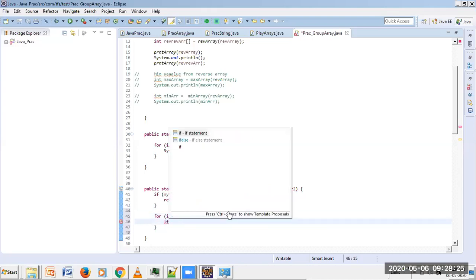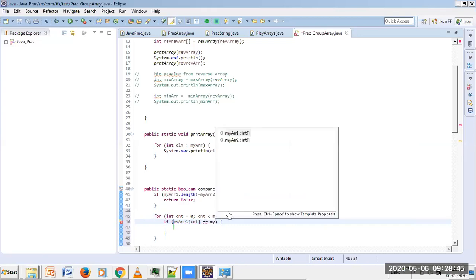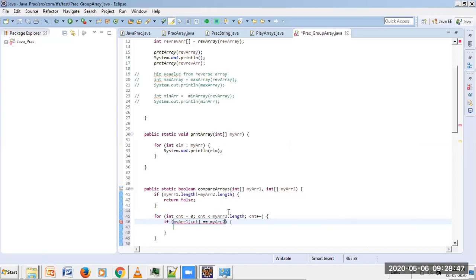And I can just compare, yes or no? I can just compare if myArray1 at position count, sorry, should be equal to myArray2 at count over here, as you can see. So both of them are equal, not a problem.